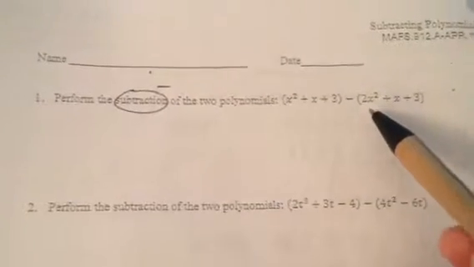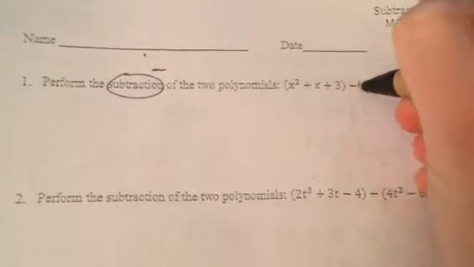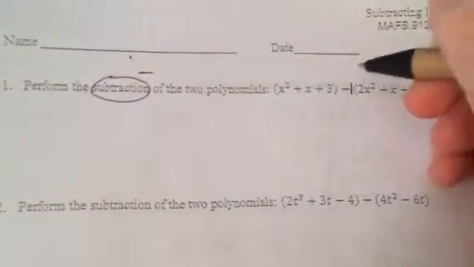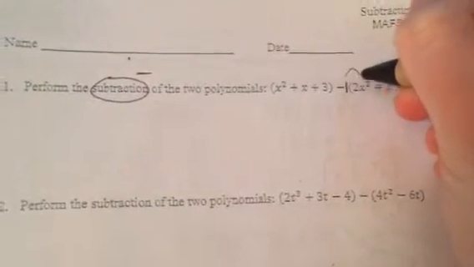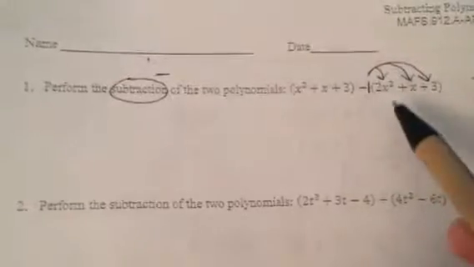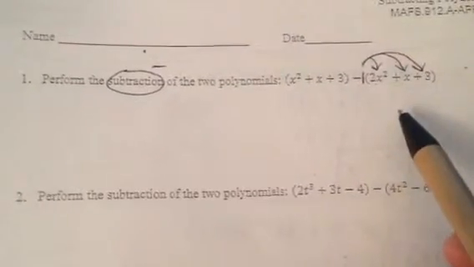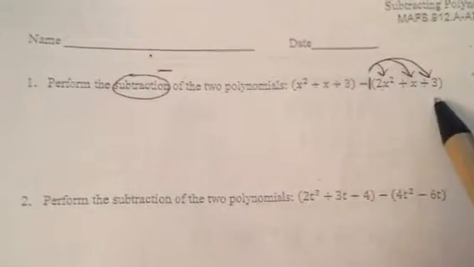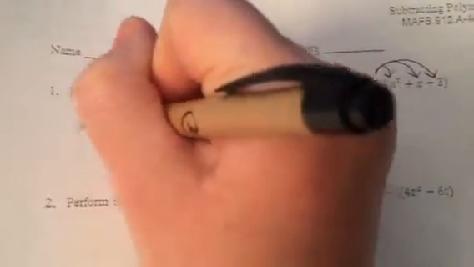We need to specifically remember that this negative, it's really like an implied negative 1 that's being multiplied outside of the second set of parentheses, so we need to make sure to distribute the negative 1. It'll change all of the signs within this second set of parentheses. So let's rewrite our expression with no parentheses and with this negative 1 distributed. So just rewrite the first three terms, x squared plus x